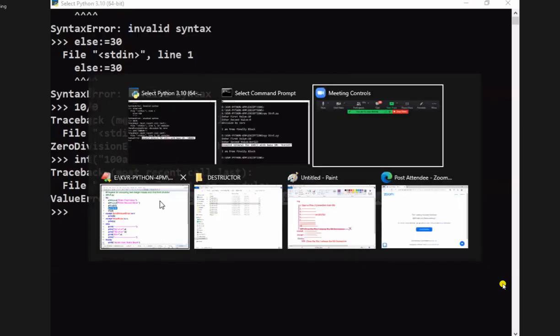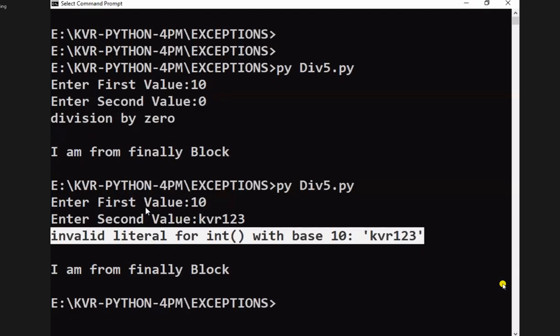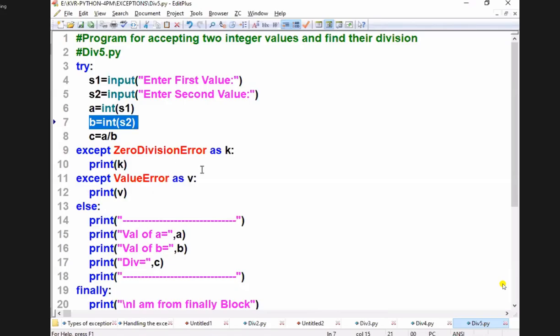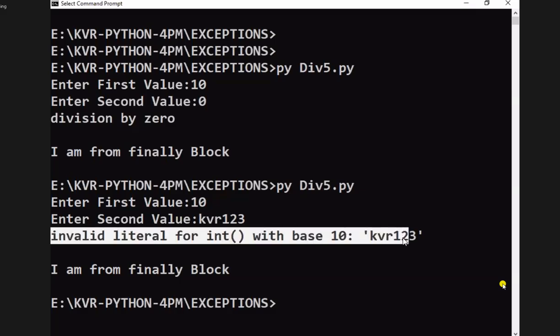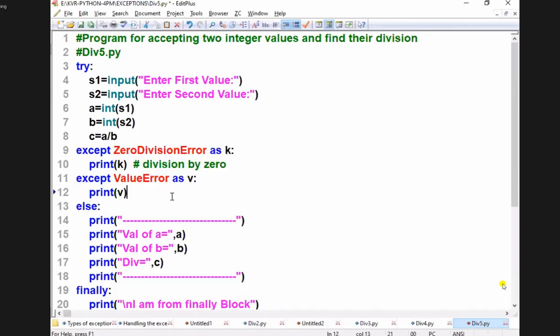Because of this code, what is coming? I am just printing. Okay, earlier this one was printed. For your better understanding in the program, I would like to paste it. If at all it comes, it will print. If at all it is going to come, this value will come, if you enter a value like that. So I am writing like this. Understand? This is one useful thing.